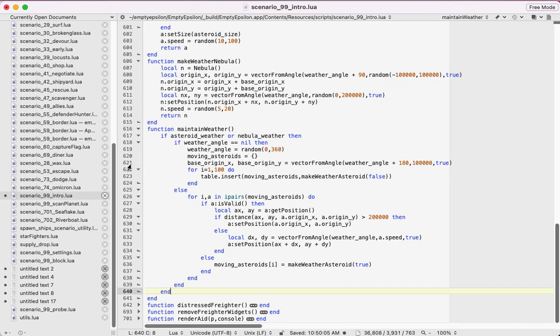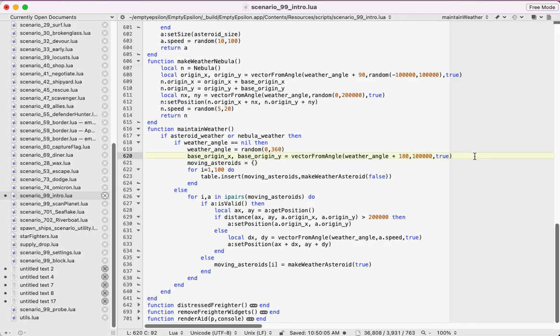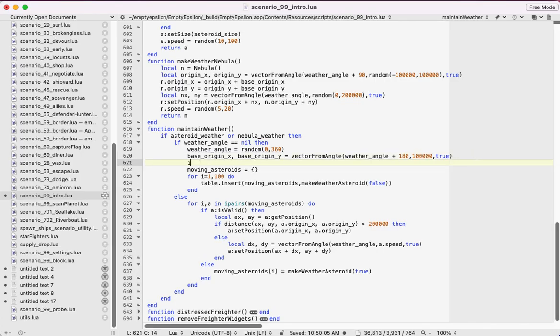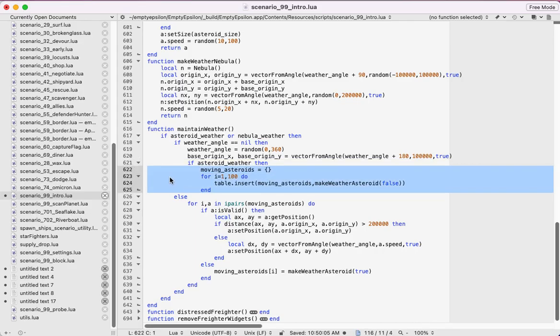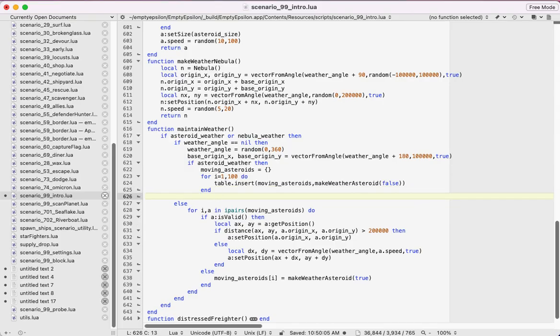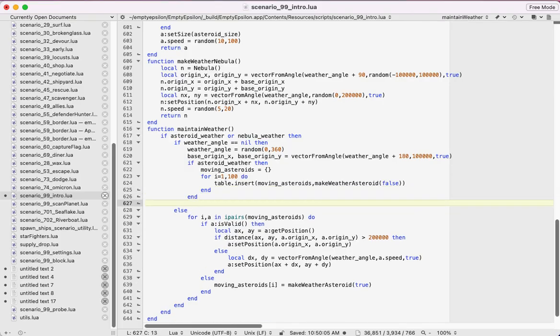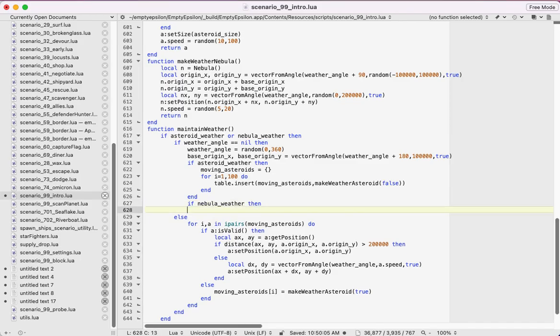with an end. Now, we're going to move this line above the moving asteroid so that it's with the weather angle, because the moving asteroids and the for loop go together, and we want to group those together because we're going to put an if block around them. Specifically, we're going to say if the asteroid weather Boolean is true, then we'll do the initialization and the building of the asteroid list. We're going to create a similar if block saying if the nebula weather Boolean is true,